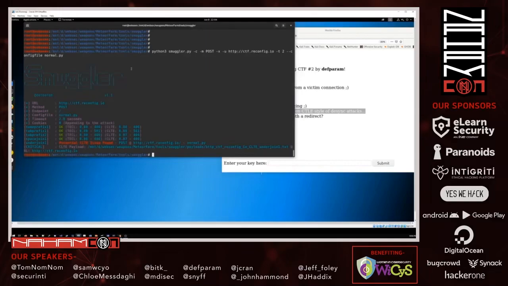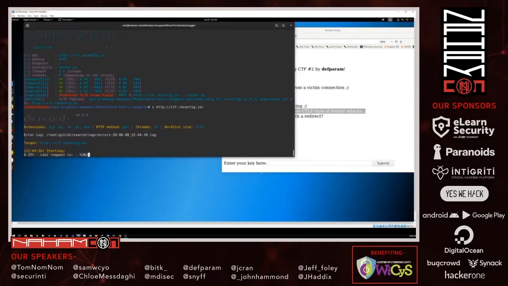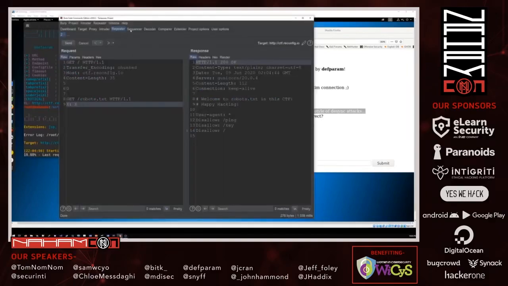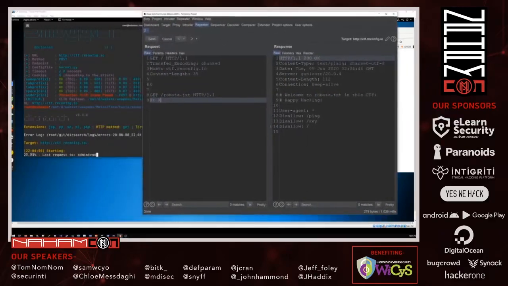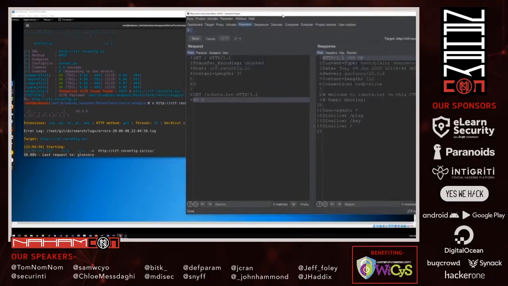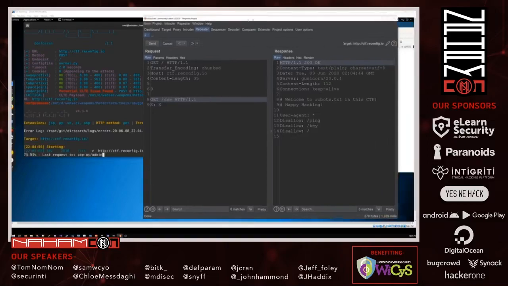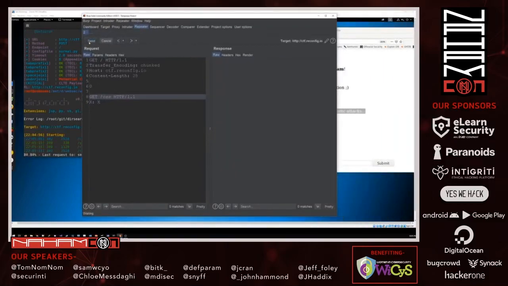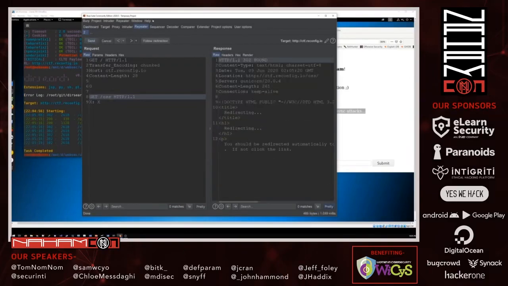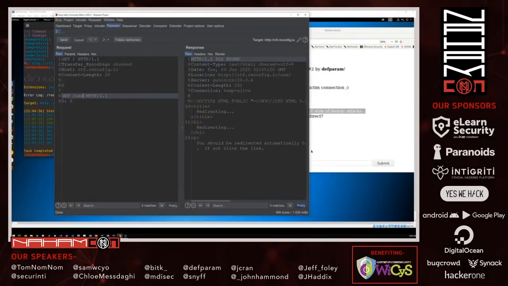Next, we go back into the terminal and we do a directory brute force search on the server. We do this to search for any 301 or 302 redirects that may exist on the server, because this could be a potential way to create a forced open redirect to victim connections. So we find that CSS has one. And so we test it and try to desync our own connection to see the redirection payload. We find that we can redirect our own connection